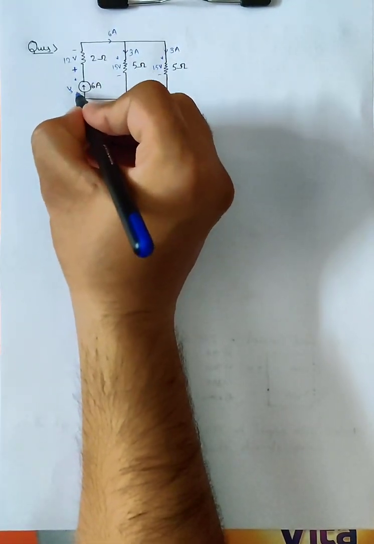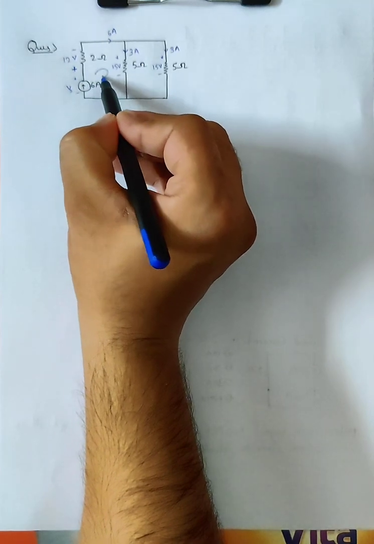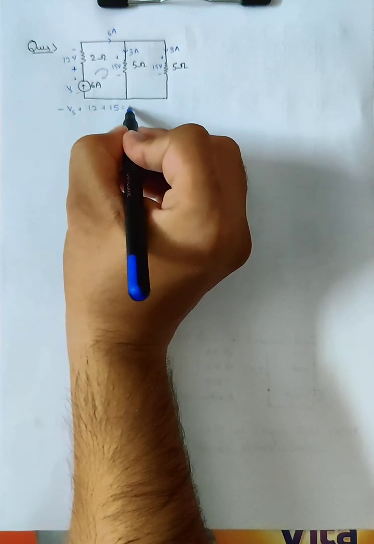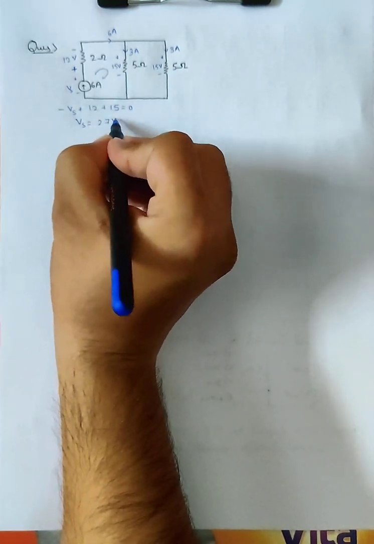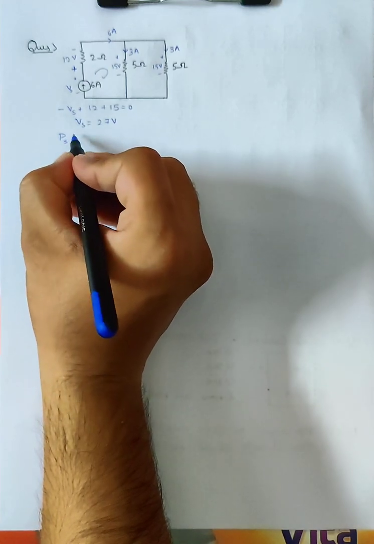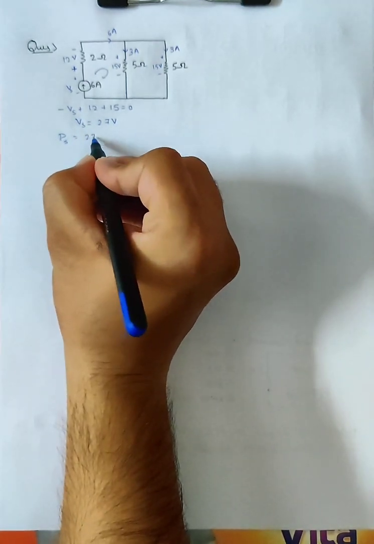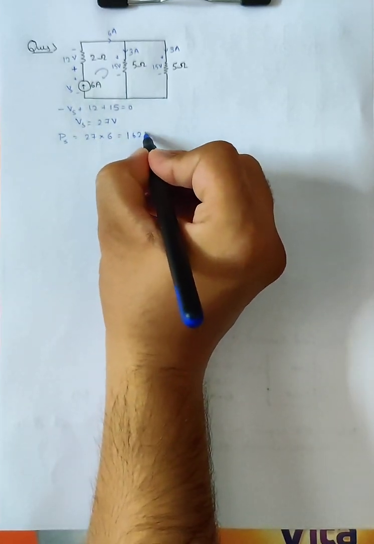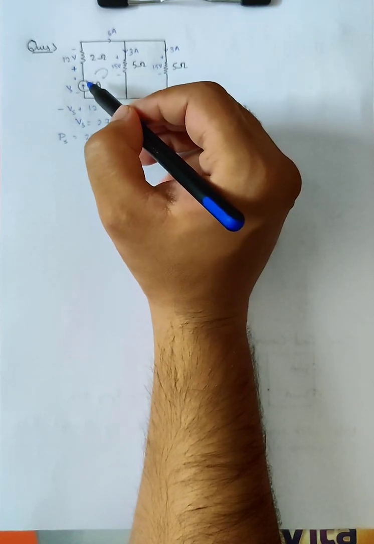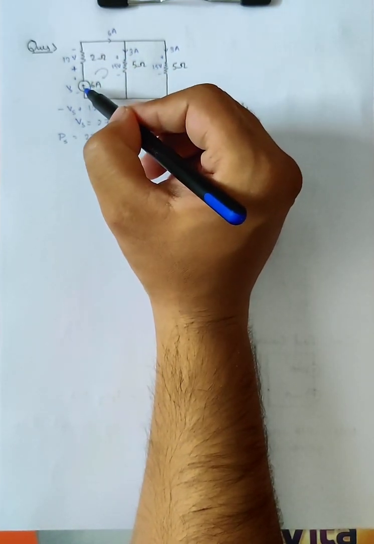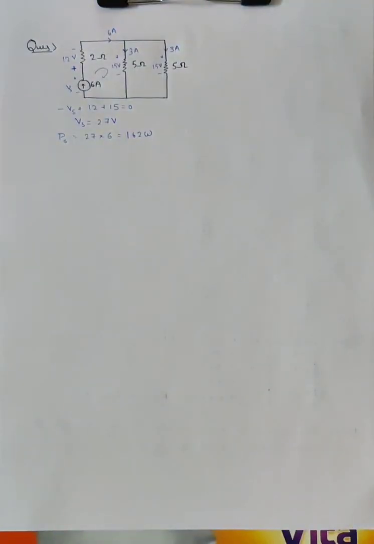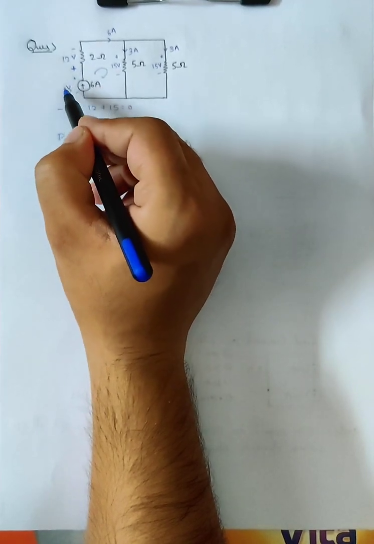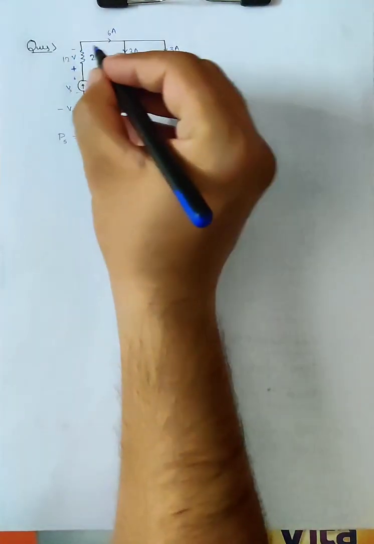This is source voltage. Applying KVL in this loop, minus Vs plus 12 plus 15 is equal to 0. Vs is equal to 27 volts. Power supplied by the source PS is equal to 27 volts into current supplied 6 ampere, which is equal to 162 watt. As this resistor 2 ohm is in series with the current source 6 ampere, it can be neglected and